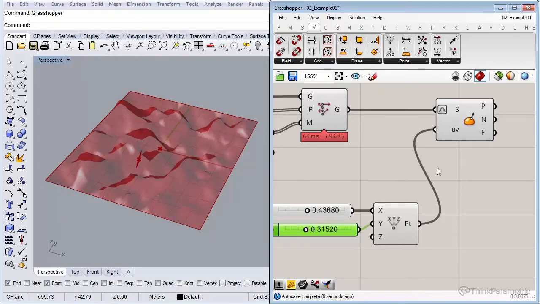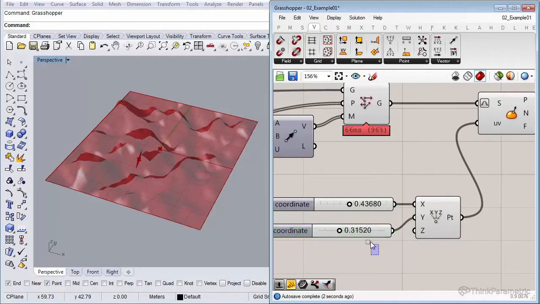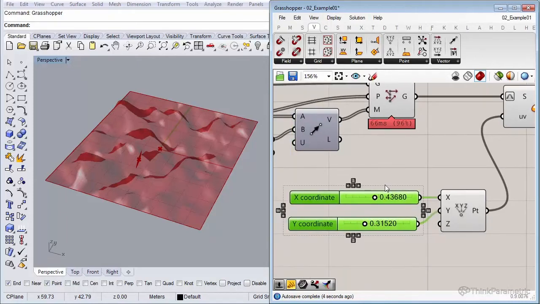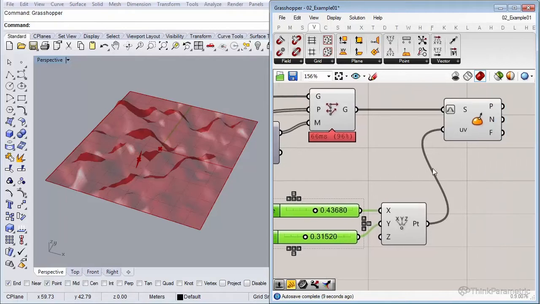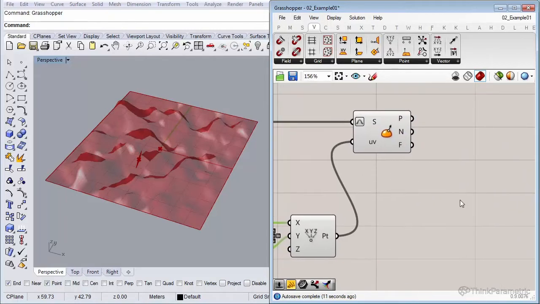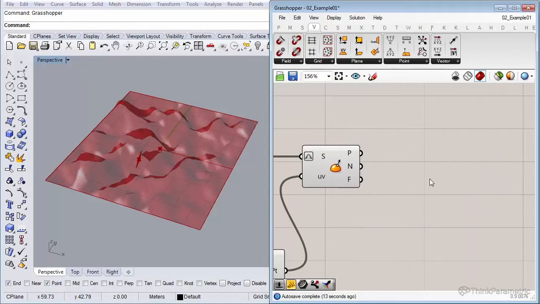Those two sliders are going to be the input for our Galapagos to evaluate, our two variables, let's say. The only thing we need to do is find a value to optimize, and that's going to be the z value from the evaluate point component. We're going to extract the z value by inserting another component called Deconstruct Point, which is located here.